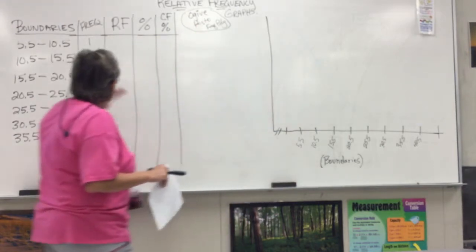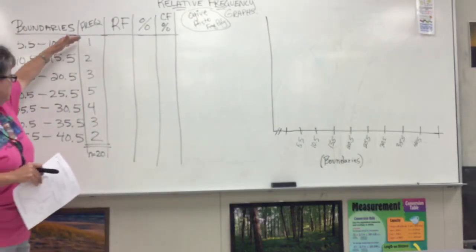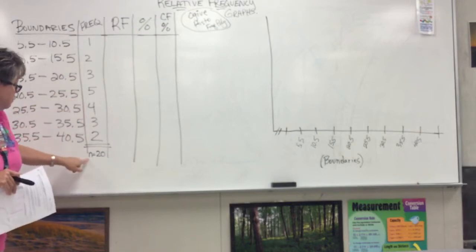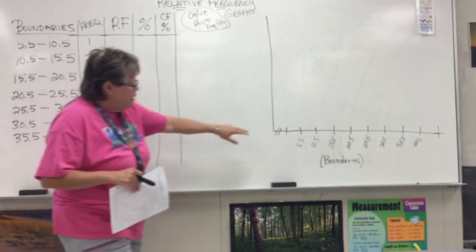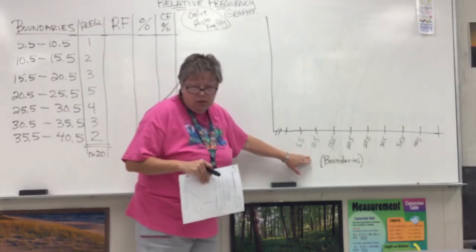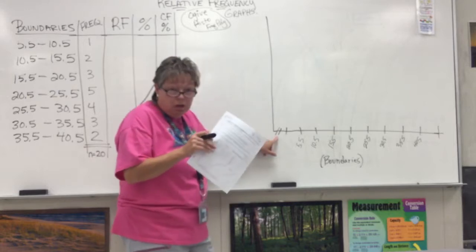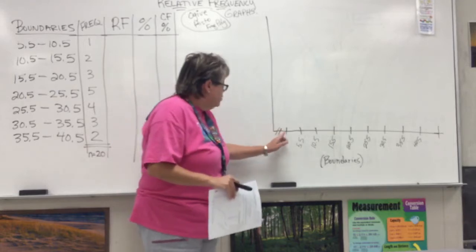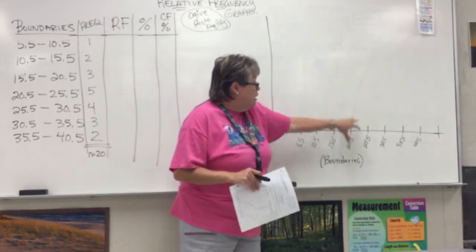I've gone ahead and we have some data here represented in class boundaries, and I have their corresponding frequencies. Total of this data set is 20 data points. And I've gone ahead and put the boundaries over here on our x-axis, making sure that I put our mark to say, hey, we're not starting at 0. And I've also put an extra mark here on the x-axis, and then I scooted over and put my boundaries